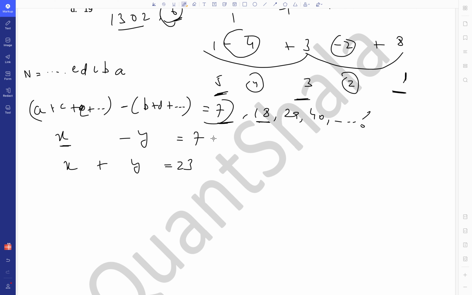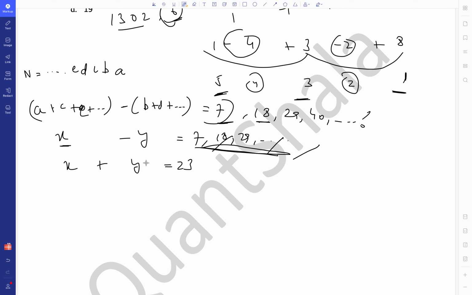But in this case, if you write 18, 29, all of this here, what will be x? x will be adding these two equations, dividing by 2. So we know that the value of the RHS of the first equation has to be odd. If it is even, let's say it is 18, you add 23 and 18 to get 41. You can't divide that by 2 to get a natural number. And x is a digit, so it has to be between 0 and 9. Okay, so 18 and all even numbers are ruled out.